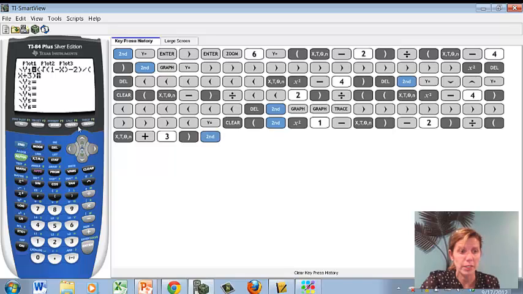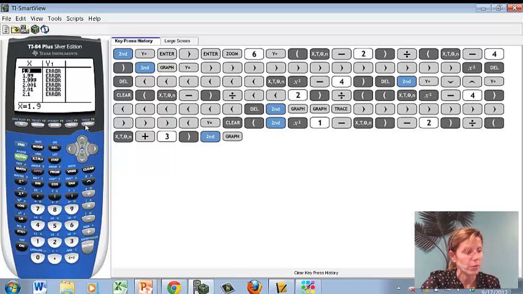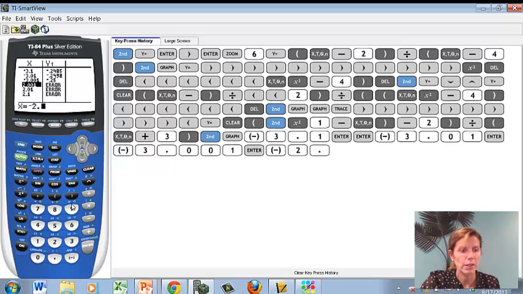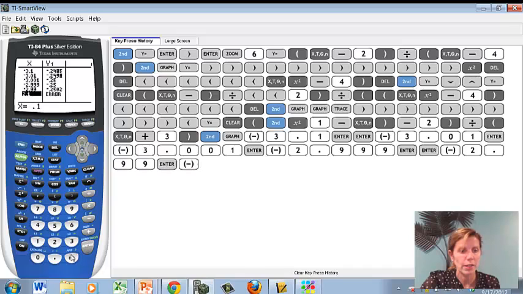I would like a table again. So second graph. Notice this time I don't have the right numbers in there that I want, so I'm going to type them in. -3.1, -3.01, -3.001, and then we're on to -2.99999, -2.99, and -2.9. Okay, so now if you'll go ahead and take a look at those y values,